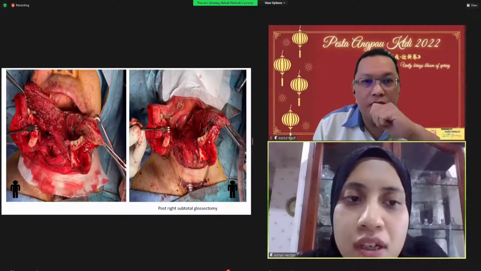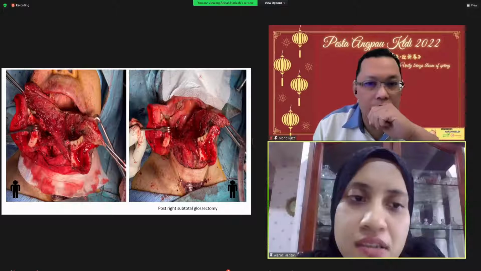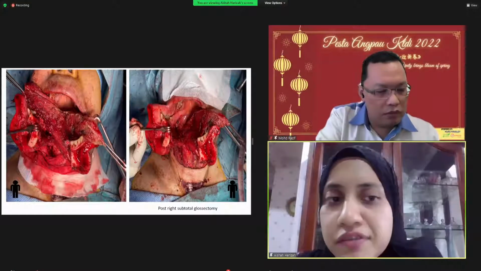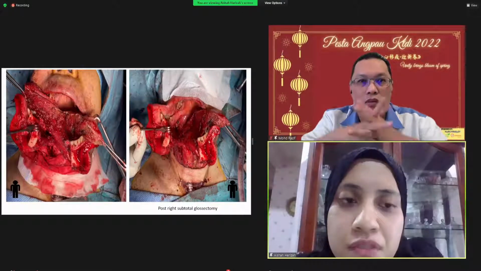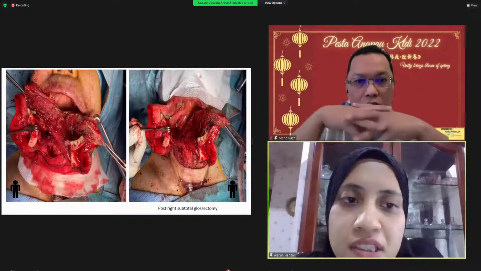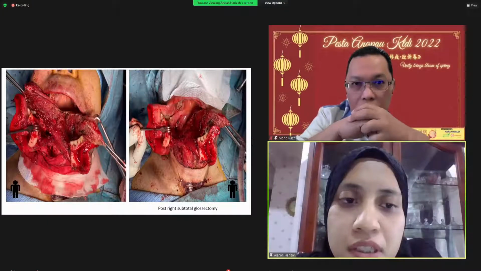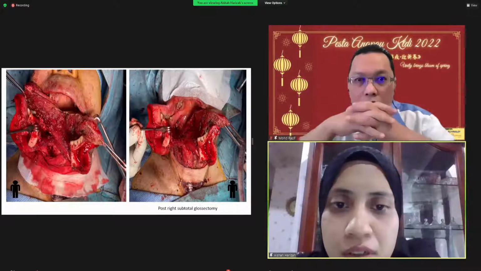Also, the margins that we take are about 1.5 cm from the tumor itself. So this is the tumor measuring about 4 times 4 cm. This is the posterior border of the tumor. This is the medial, the lateral, and also the anterior border of the tumor. This is the post